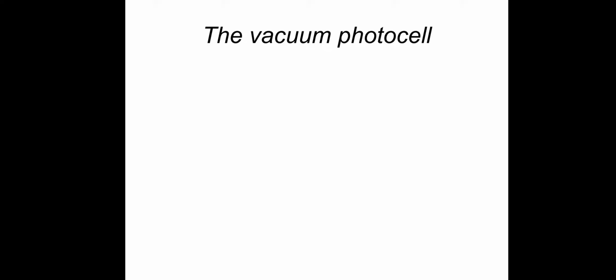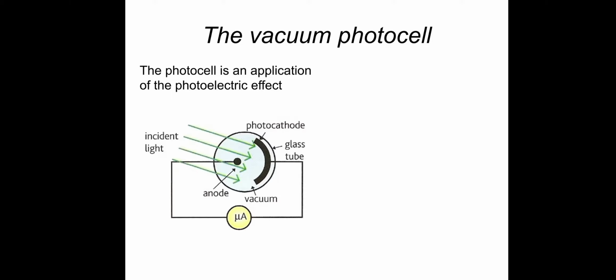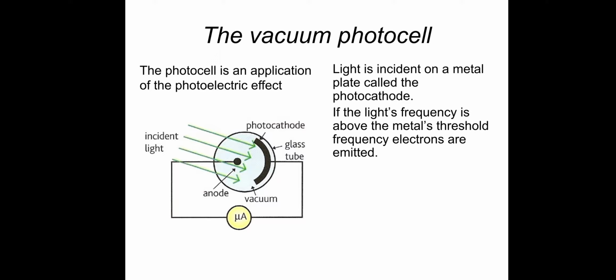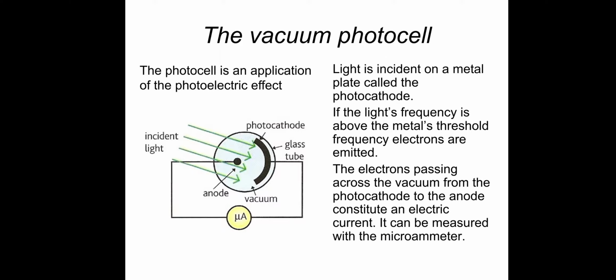So a bit of information first, the vacuum photocell. The photocell is an application of the photoelectric effect. It looks something like this. Light is incident on a metal plate, and we call it the photocathode. If the light's frequency is above the metal's threshold frequency, electrons will be emitted. The electrons passing across the vacuum from the photocathode to the anode constitute an electric current, which can be measured